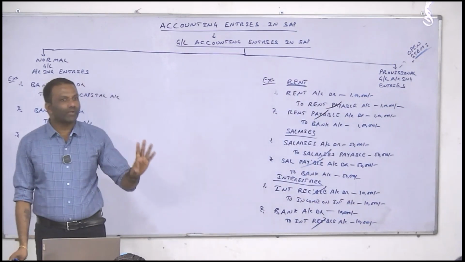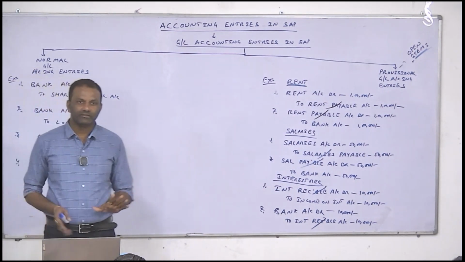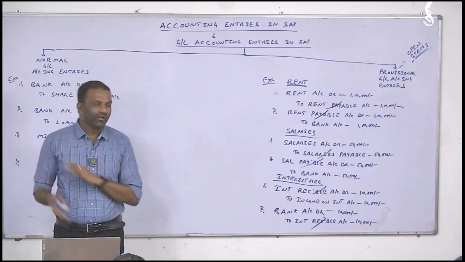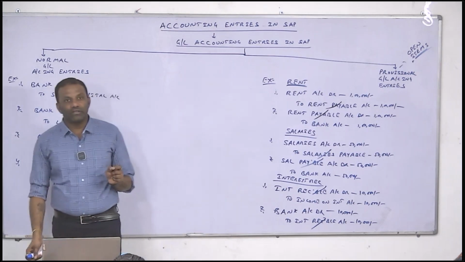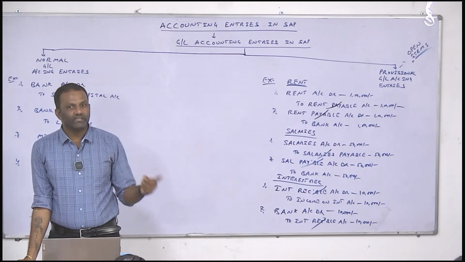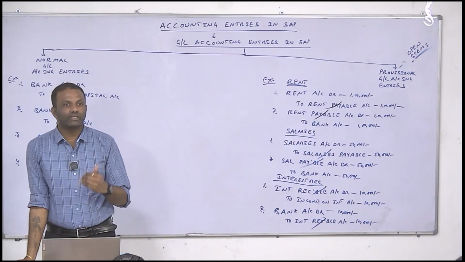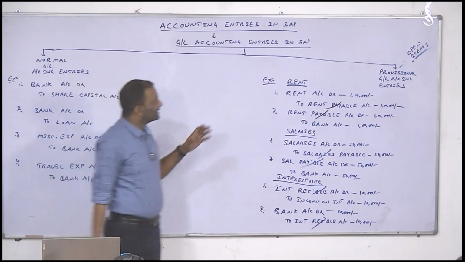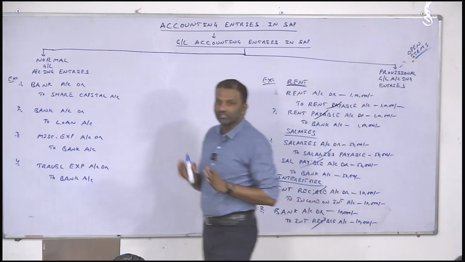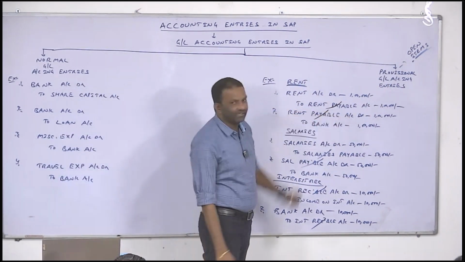Coming to GL, we have two types of GLs. You people should always remember. One is normal GLs. There is no harm with this one. Directly the user will post, directly the user will prepare reports. But coming to open item management, the user will always post a corresponding entry with respect to the previous accounting entry. Why? To knock off the balance of the respective GL. Until he knocks off, the system will always show it as an open entry. For example, here, the user has not posted the second entry.